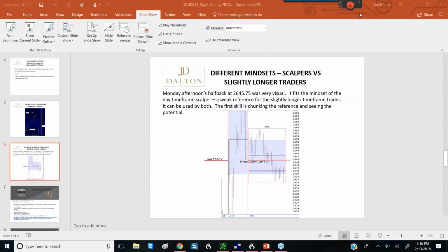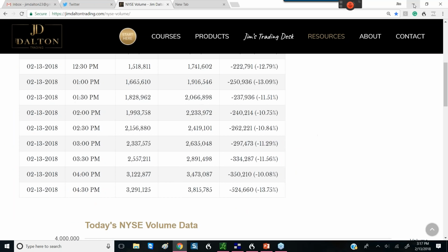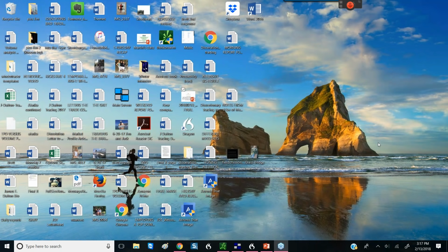Is Jim back to trading options? There was a time last week that volatility was so high you could be correct on the direction and still lose money. Is there a VIX or ATR value, average trading range, above which you should avoid options? It's a great question, and there were some days when it was reaching 50% that I didn't touch the options. Now it's dropped back down to the 25, 26 level, and I've been able to make the adjustment. It's hard because mentally, before,